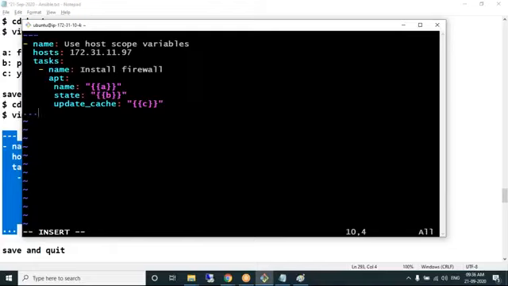Let's say you want to do configurations on only one particular machine, even if it is in a group. In the hosts section you should mention the IP address rather than the group name. And then you're passing the variables A, B, C, and the values should be picked up from the file, and the file name should match with this IP address. That's the concept of host scope variables. Okay.